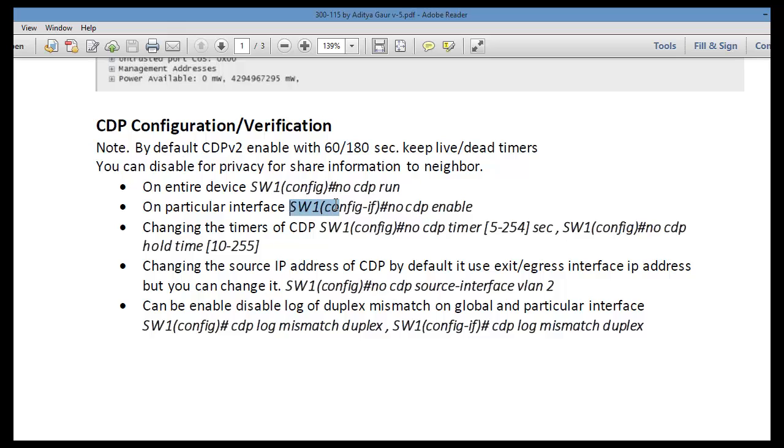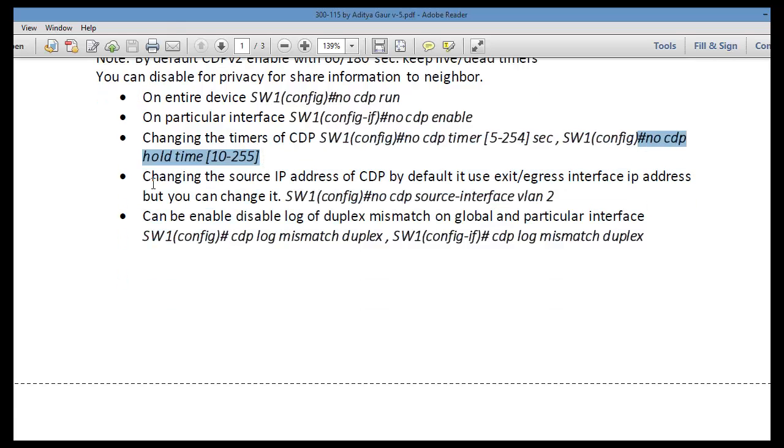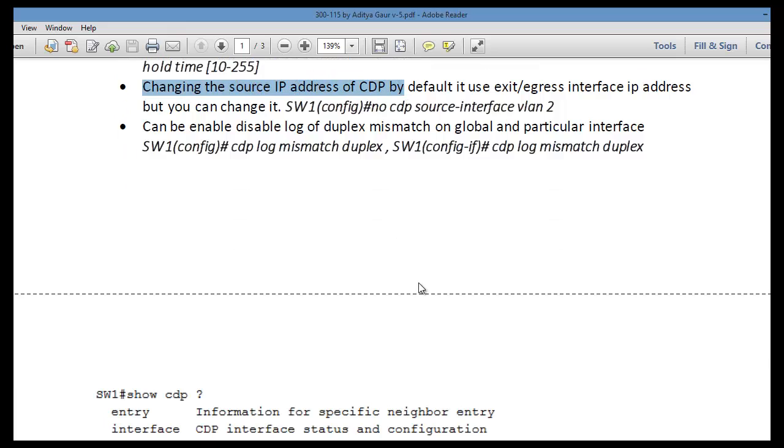In interface config mode, you can disable it on a particular interface. Similarly, you can change the timer, which is in seconds, the holddown timer, and you can also change the source IP address of CDP.